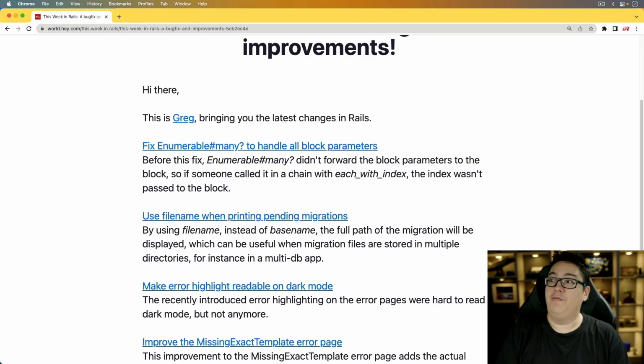The first one: fix the Enumerable method many to handle all block parameters. Before, many didn't pass the block parameters into the block, so if you're trying to call something like each_with_index as you're iterating through that Enumerable, then you would see that the index was lost and wasn't passed